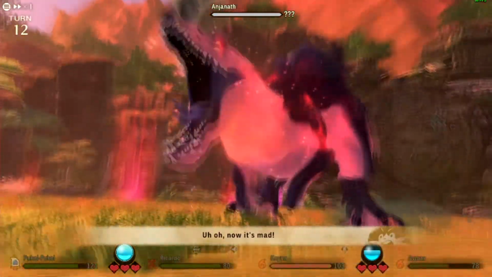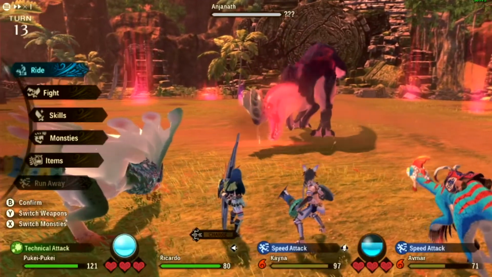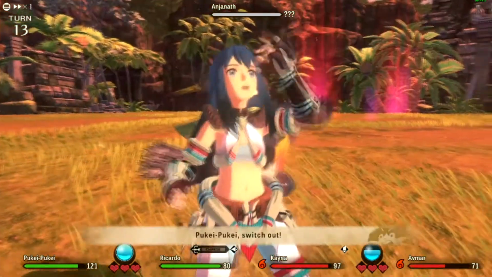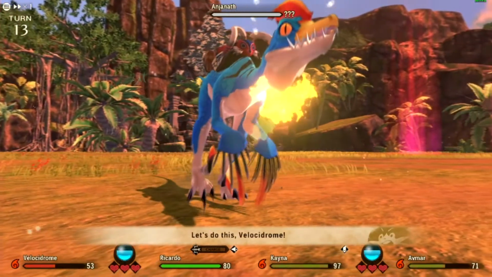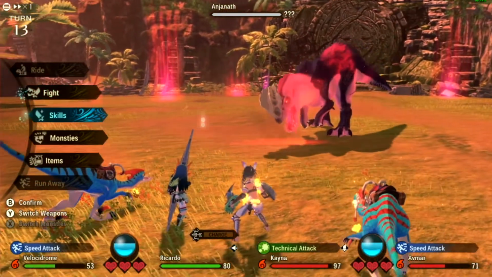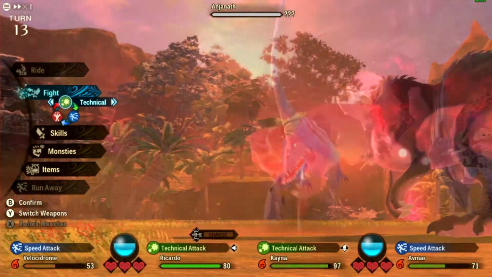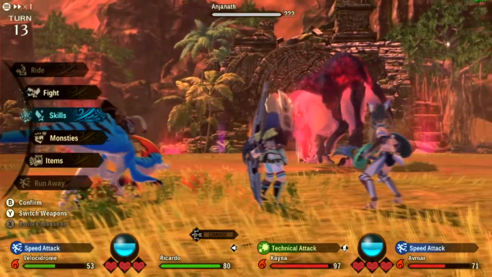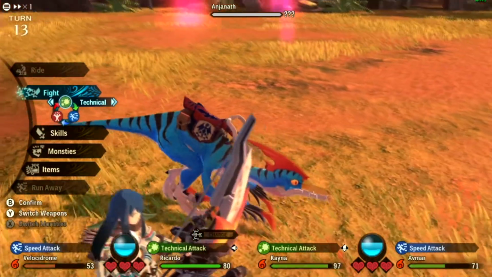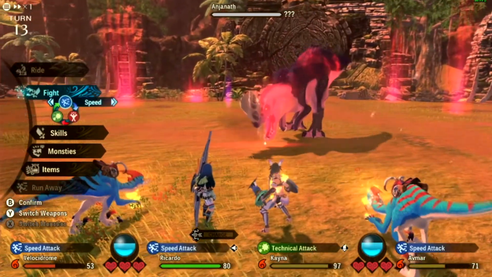Alright, now it's angry again. I could ride, but I guess I'll put Velocidrome in. I don't think it can kill me with anything. The Velocidrome, that is, I'm not sure, but at this point, I'm so far ahead in the fight, I don't think I need to do anything else. Worrying about healing is definitely in the gutter as we speak, so...